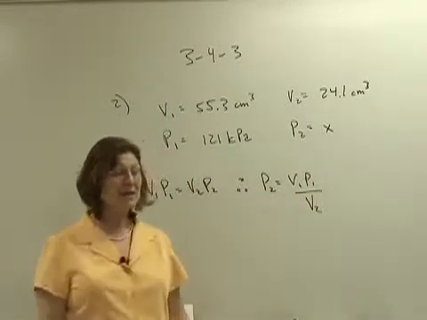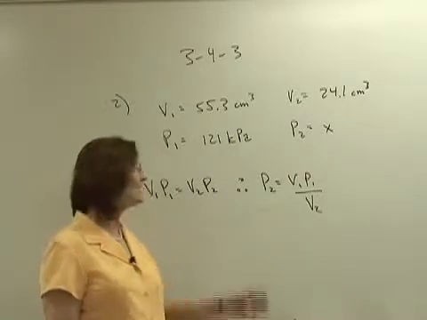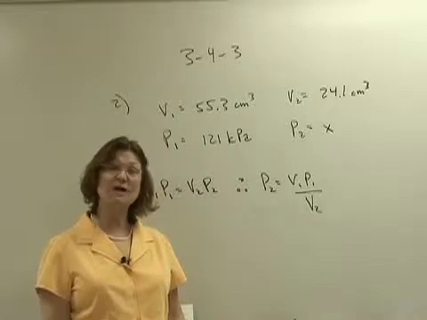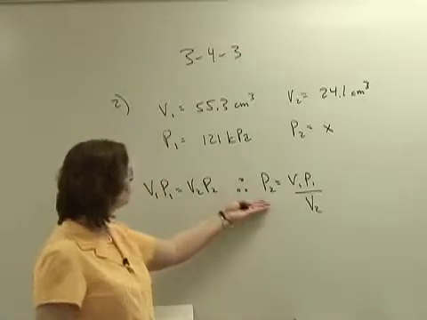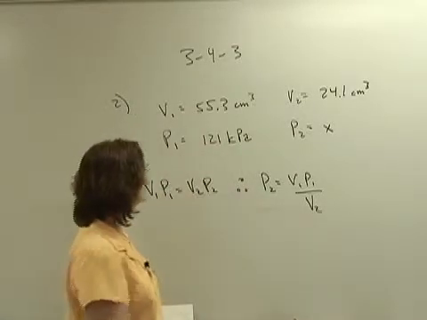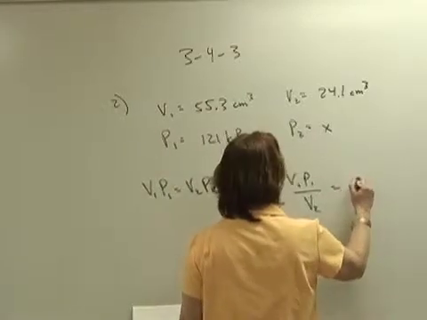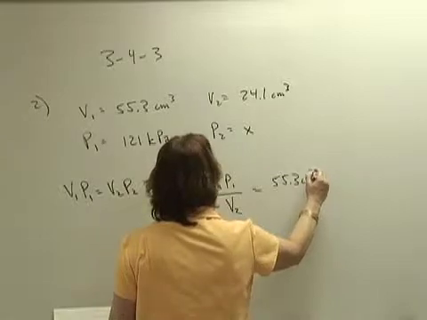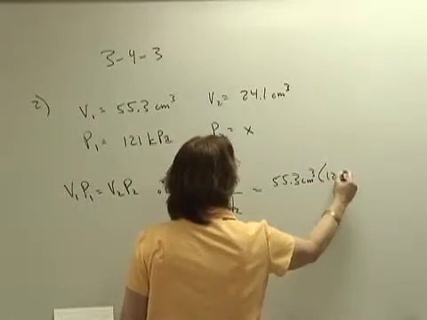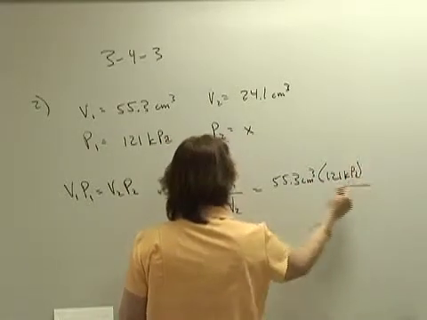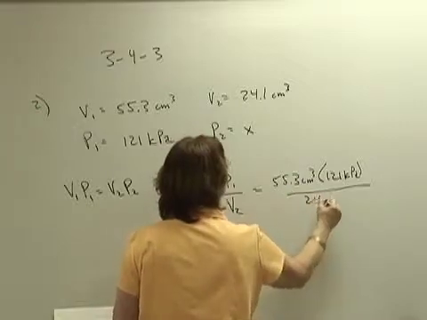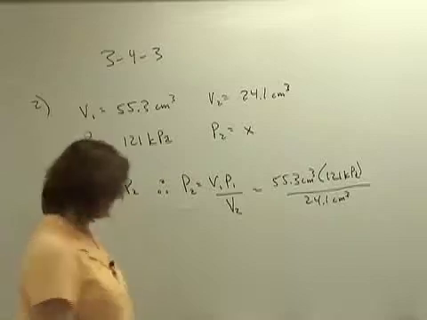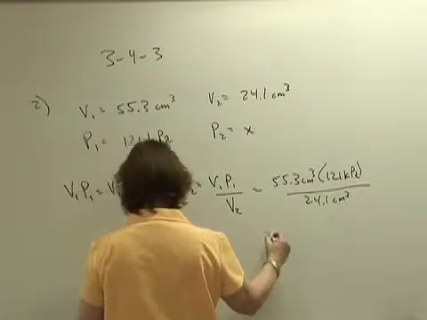Now, I need to be able to rearrange any of these equations algebraically in order to determine my unknown. Once I get my rearranged equation, I just put in the values. And I have 55.3 centimeters cubed. P1 is 121 kPa, and divided by V2, which is 24.1 centimeters cubed. And then mathematically, when I solve this problem, I get